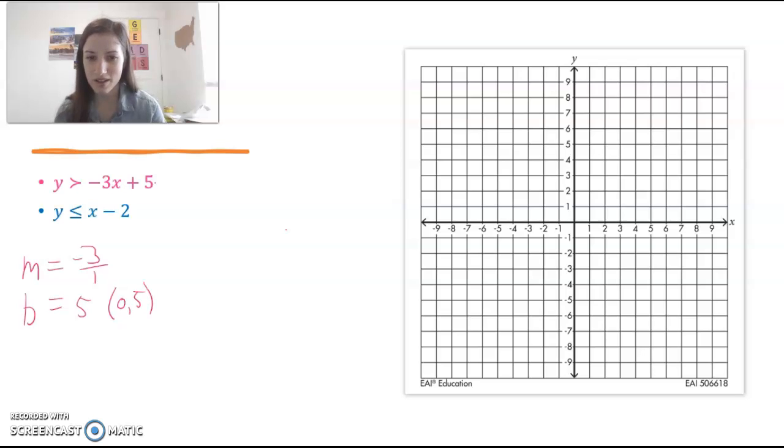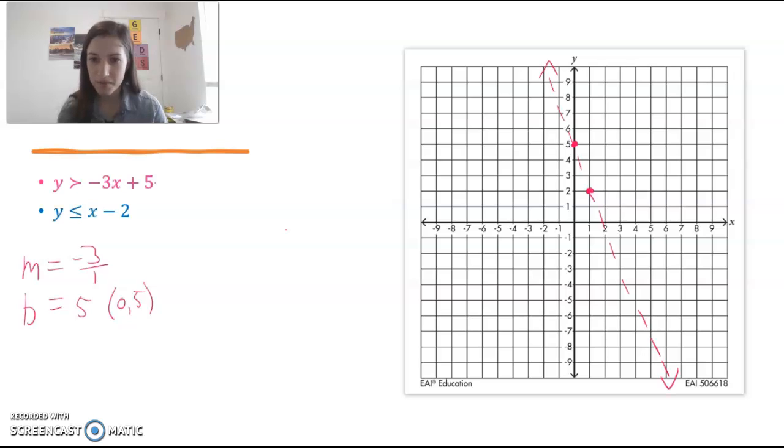So what that's going to look like is if I start out at my y-intercept, 3, 4, 5, so I'll be up here. And then our slope is -3, 1, so I'm going to go down 3 and then over 1. Notice that my inequality sign right here is just greater than, so there's not that line underneath, so it's going to be a dotted line